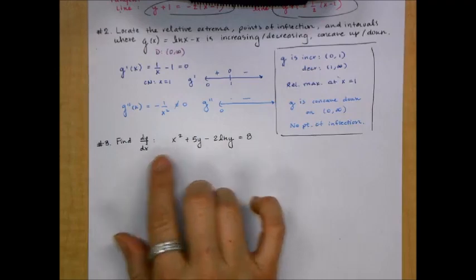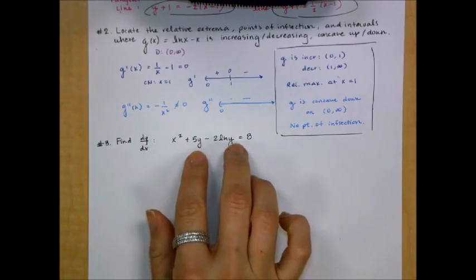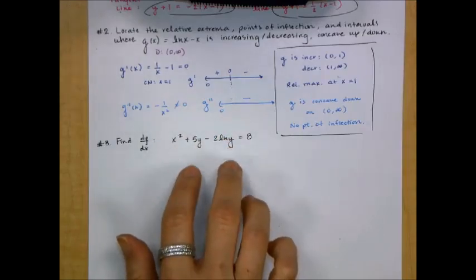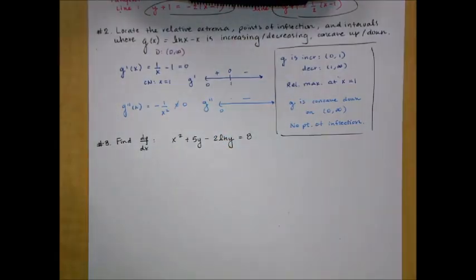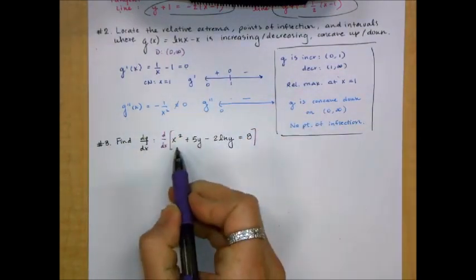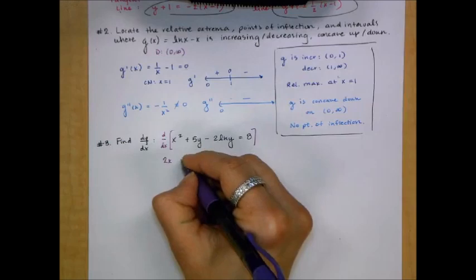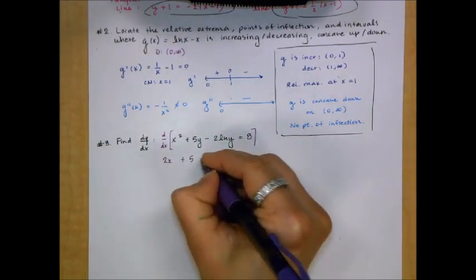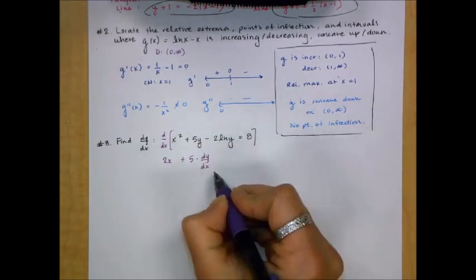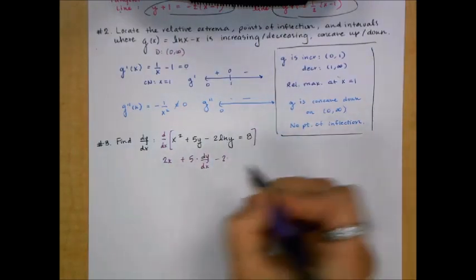So count up your y terms. There are 2. For each y term, you should end up with a dy/dx. So 2 y's means I should get 2 dy/dx's. So the derivative of x squared will give us 2x dx/dx, which we don't need to write. The derivative of 5y, 5, followed by dy/dx. Anytime you take the derivative of a y term, you'll get a dy/dx. Next, minus 2 times the derivative of natural log y, 1 over y, dy/dx,